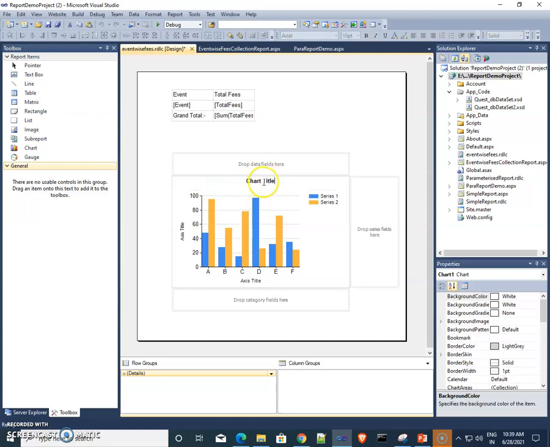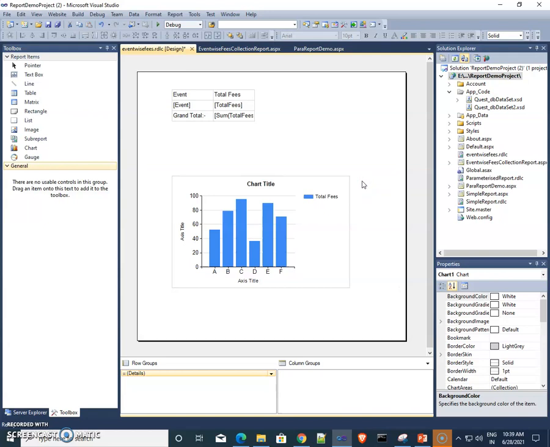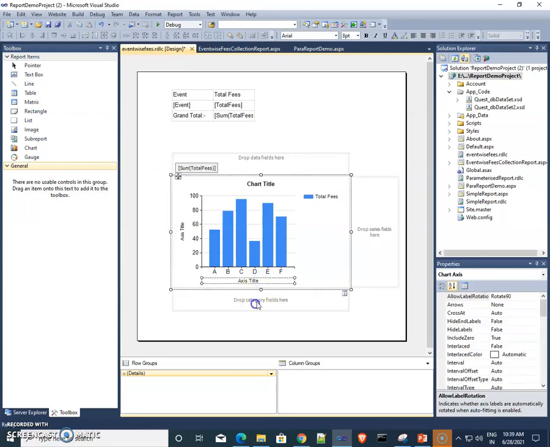This is your chart title, and here drop data fields. Here inside we take the total fees, and here we take the events. So on the x-axis we take the events, and on the y-axis we take fees.